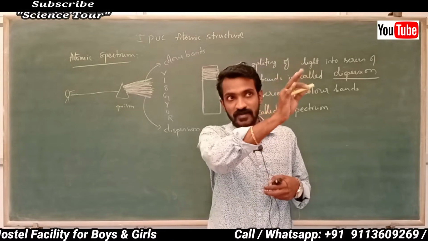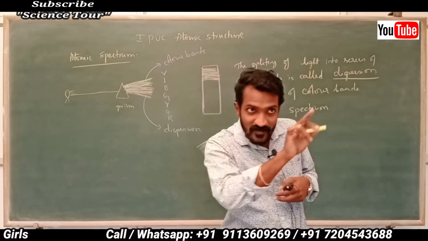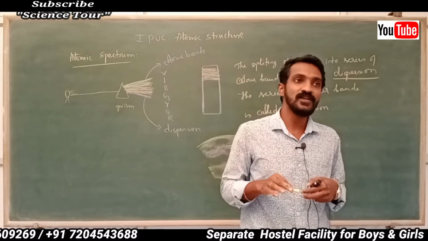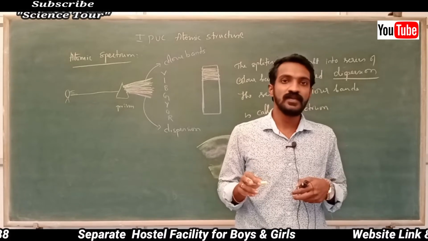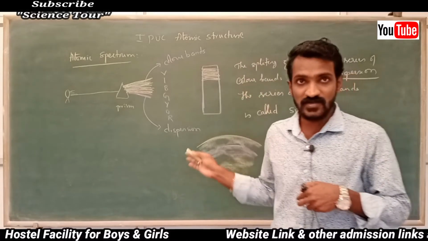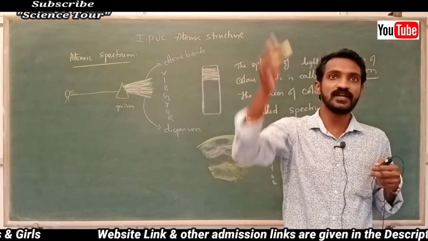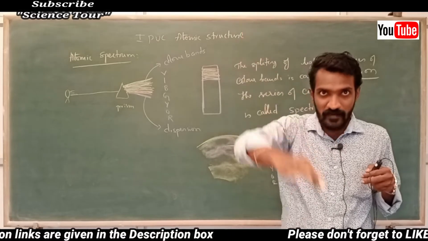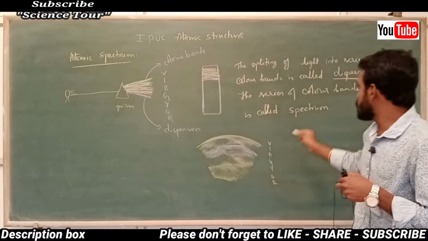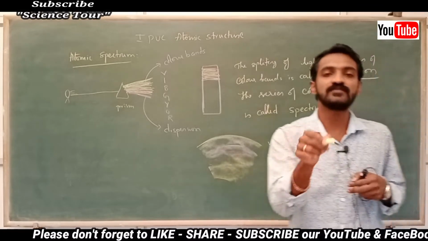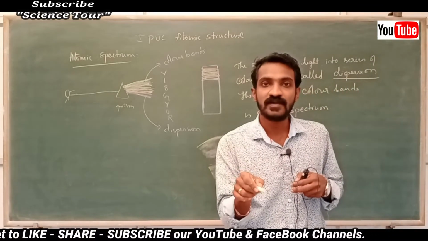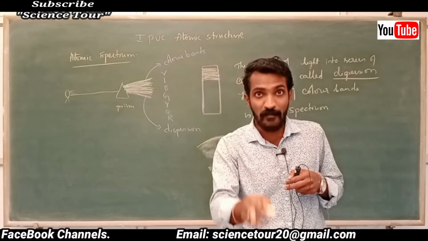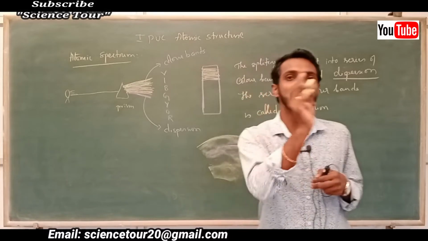Have you seen any gap in the rainbow? In between, there is no gap between the rainbow colors. They merge over one another, and that is also an arrangement of colors. In a rainbow, one color pattern is arranged over another, and another. It is a band of different colors, so it is called a spectrum. Rainbow is also a spectrum. But here colors are merged over one another, there is no gap between colors, so it is called a continuous spectrum.